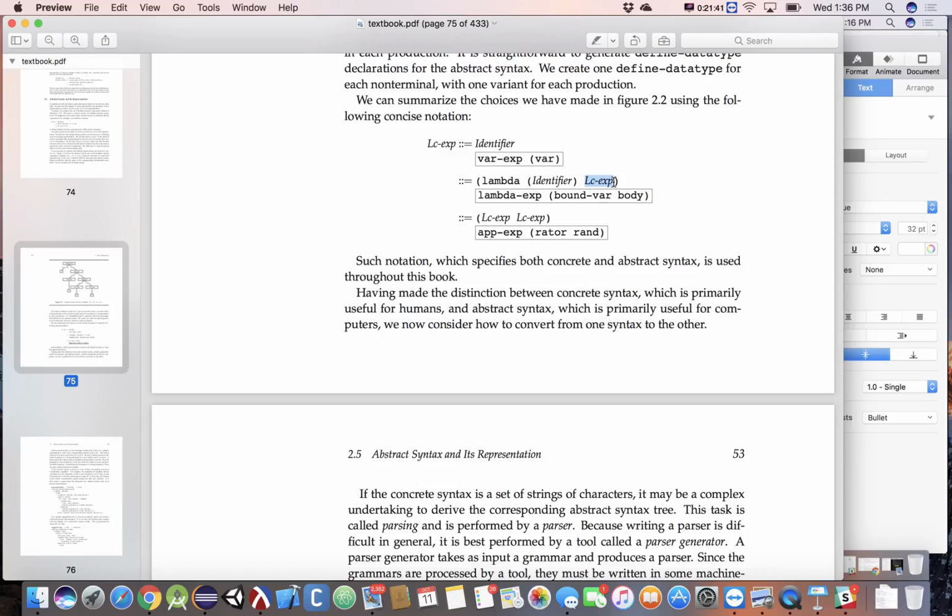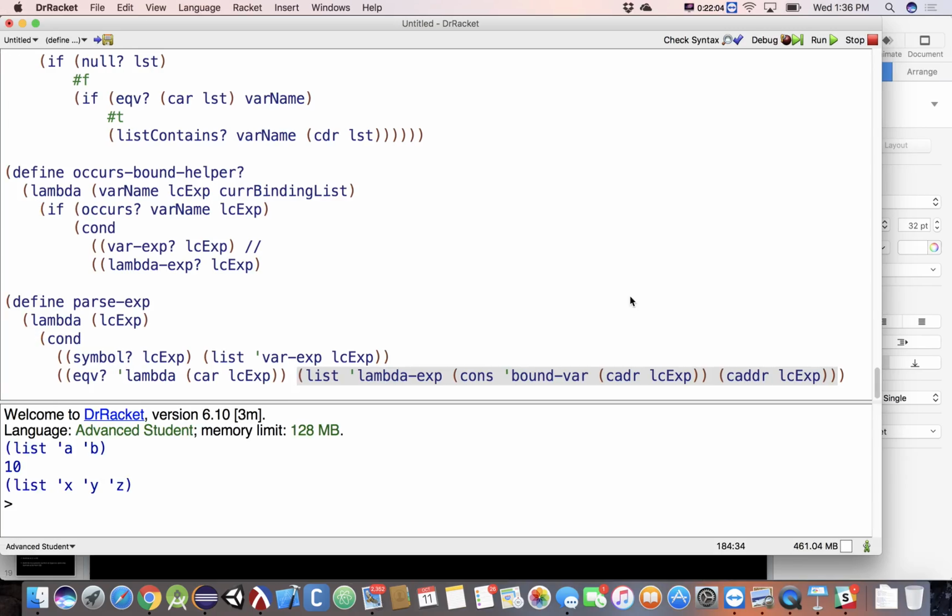Which could be a variable. Could be a var expression, could be a lambda expression, could be an app expression, could be all sorts of things. Because the expression needs to be parsed. That guy's got to be parsed. Otherwise, I'm going to create this weird Frankenstein thing where the top level is parsed, but things that are inside are never going to be parsed, right? So I'm going to have to take this lambda calculus expression, this guy right here,